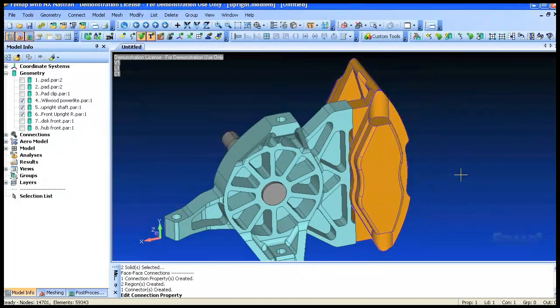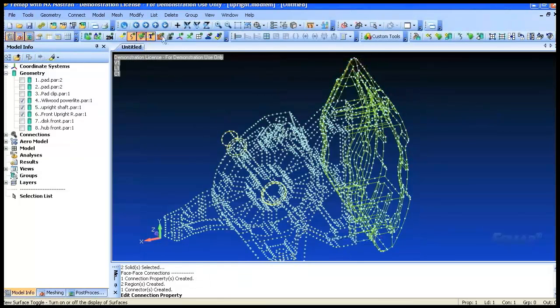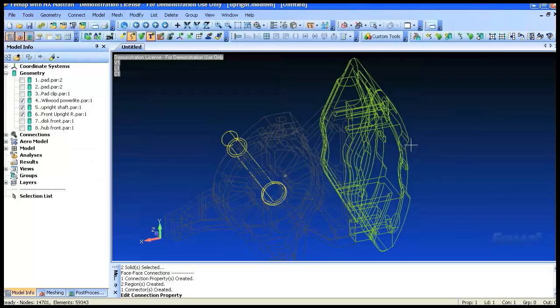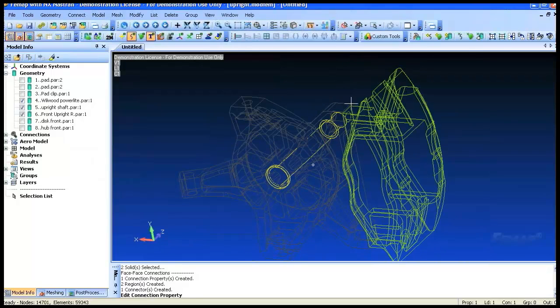Okay, so the final thing that I'm going to do to this model is define some bolts in these locations. The way we're going to do that is a fairly standard way of representing a bolt, which is some rigid elements to represent the head or the nut or the threaded area, and then a beam element for the actual shank of the bolt. If I just switch the sizes off,